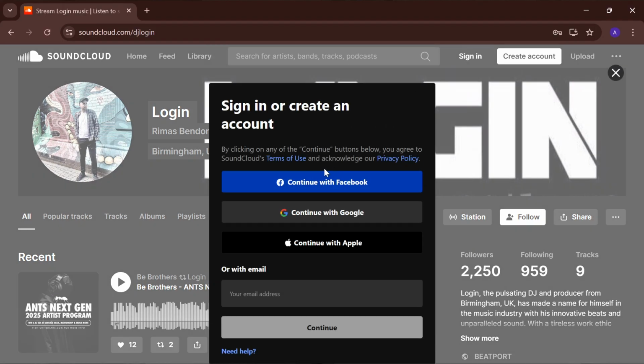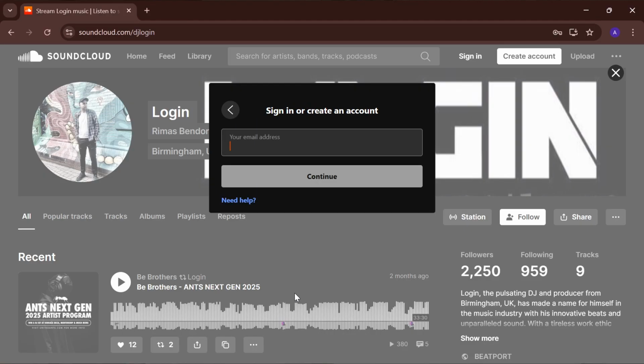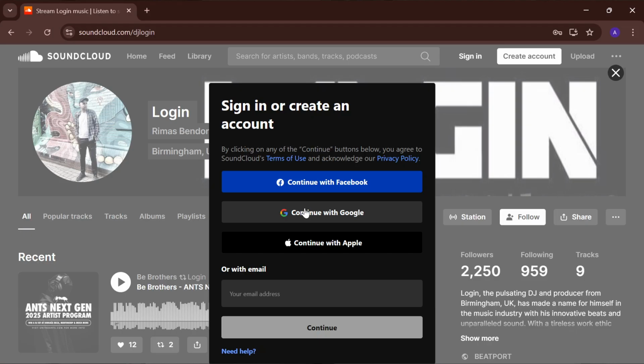And there are different options here which you can use to sign in or log in. You can continue with Facebook, you can continue with Google, you can continue with Apple, or you can enter in your email address manually and your password. For me, I'm just gonna continue with Google,